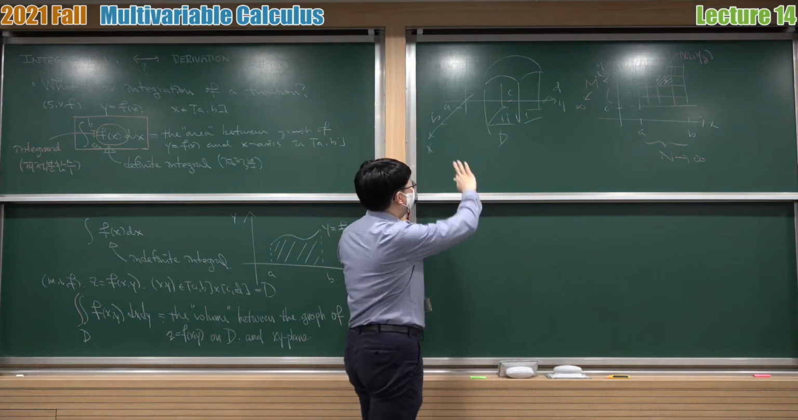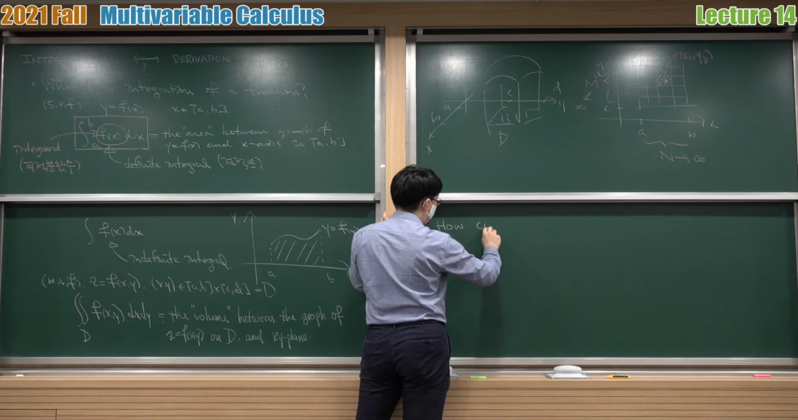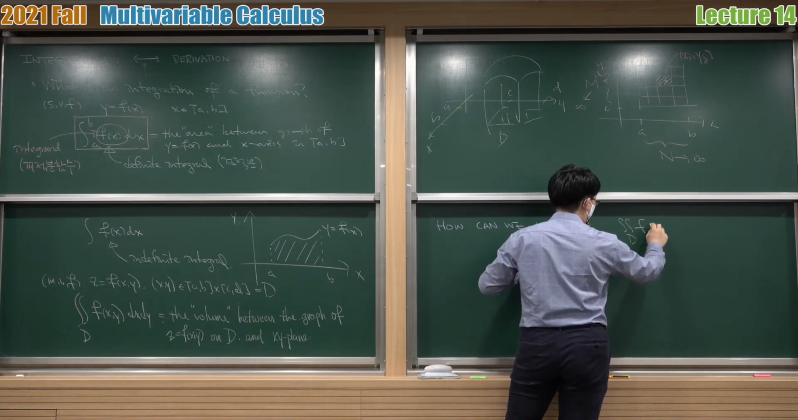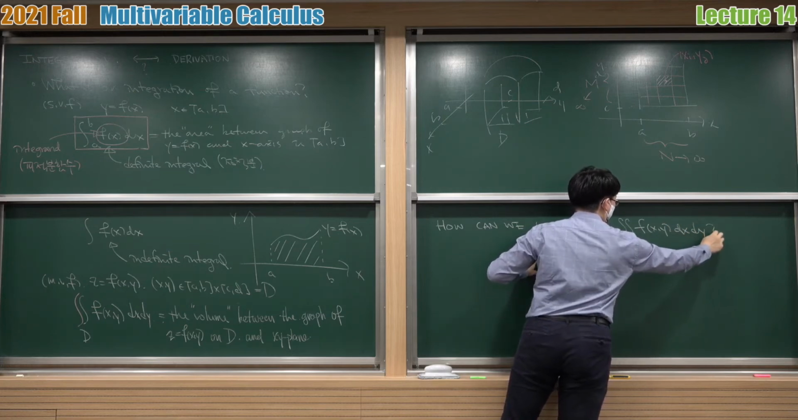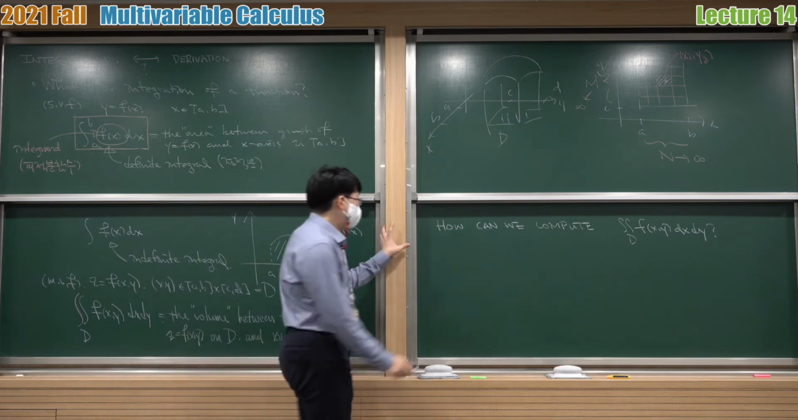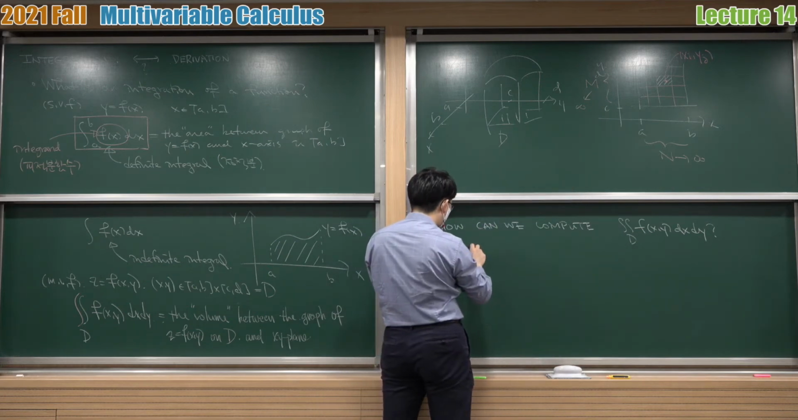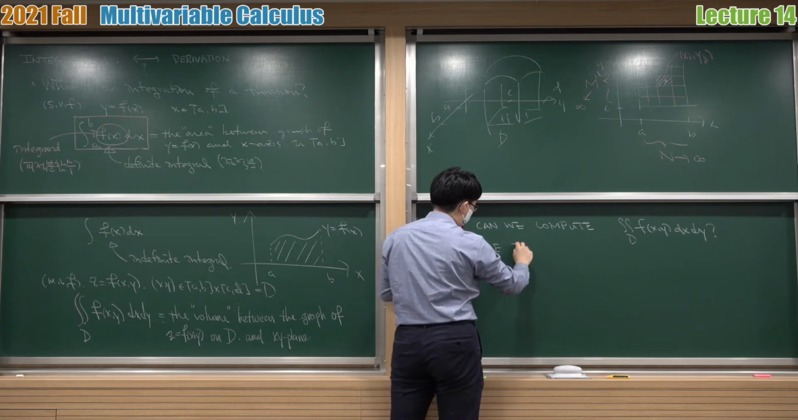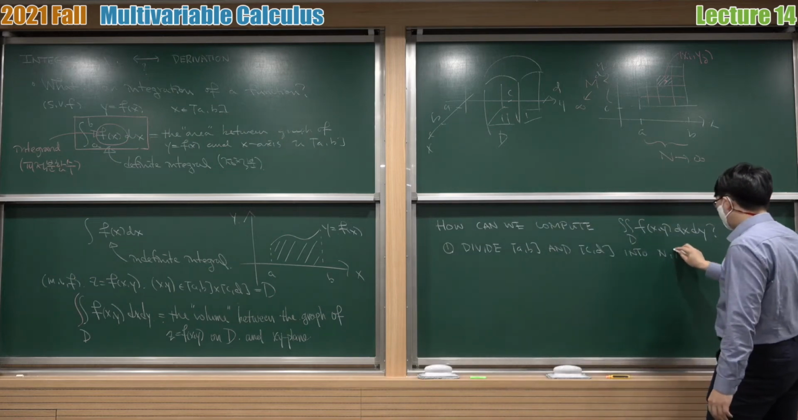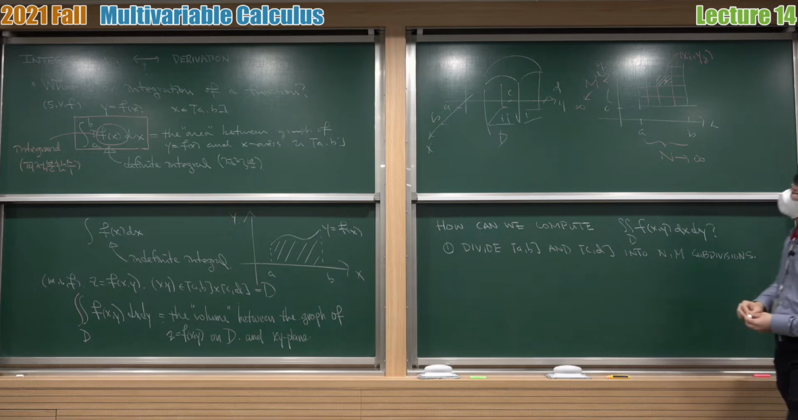So let's think about how we can find a strategy first. So the question is, how can we compute this double integral? Okay, so I'm assuming that my D is also a rectangular domain. So first of all, think about chopping up this x and y interval into many pieces. Divide AB and CD into n and m subdivisions. And then try to compute